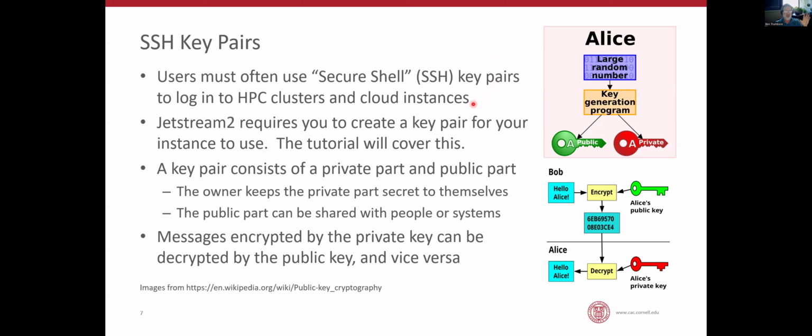So a key pair, and I have some pictures here from Wikipedia, is an encryption device that has two parts to it: a private part and a public part. The private part belongs to you, and you don't share it with anybody. The public part you can share with anybody, and you can put it onto your computers, the remote computers, and that will facilitate your ability to